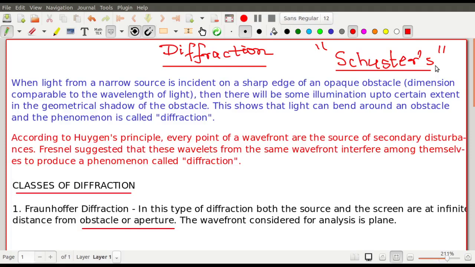So the simple answer to this, you remember, it will help you throughout your lifetime. In Fraunhofer diffraction, the source and the screen both should be at infinity, such that we can consider plane waves on either side of the diffracting element. Diffracting element এর দুই দিকেই আমি যাতে plane wave নিয়ে ভাবতে পারি, so that is what is the requirement for Fraunhofer diffraction, right? So I have to take the source and the screen both at infinity, and this is actually done virtually by